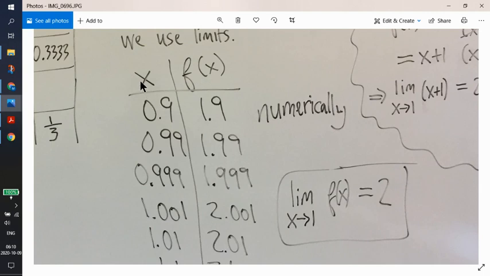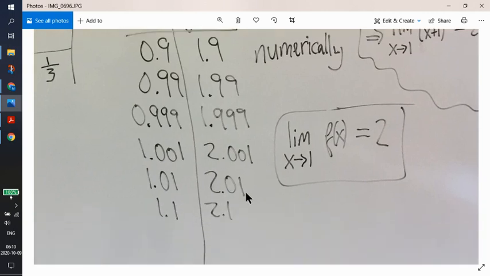Then, as shown at the top of page 39 in your books, then the values are 1.9, 1.99, 1.999. Okay, and if we take values that are slightly greater than 1, then the values are 2.001, 2.01, and so on, 2.1. So what we can say is that as x gets closer and closer to 1,